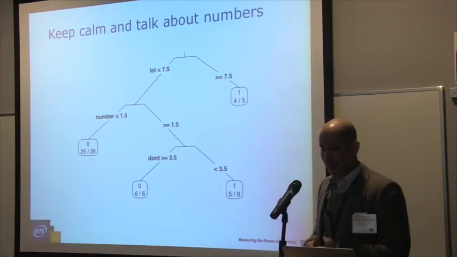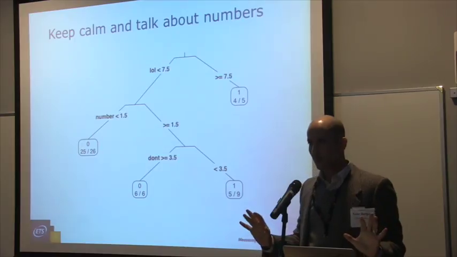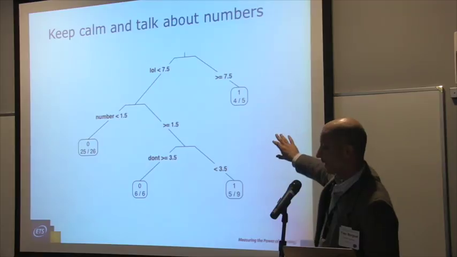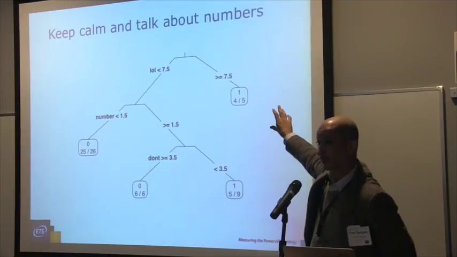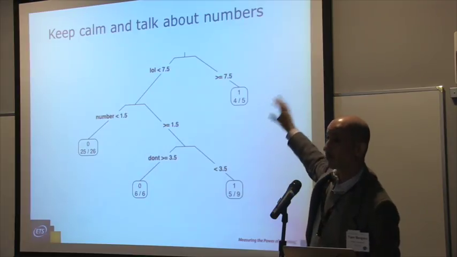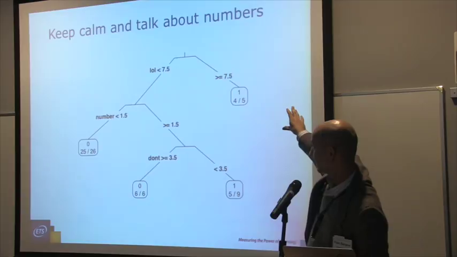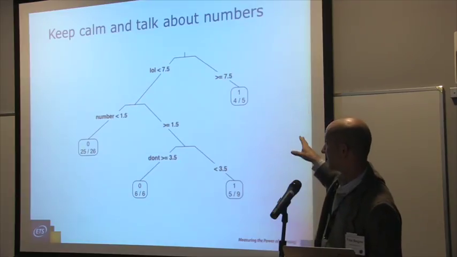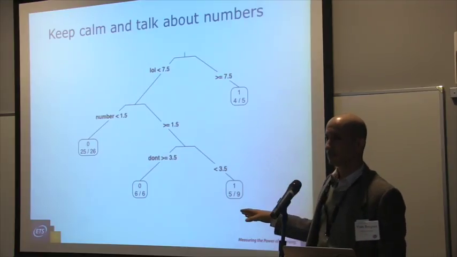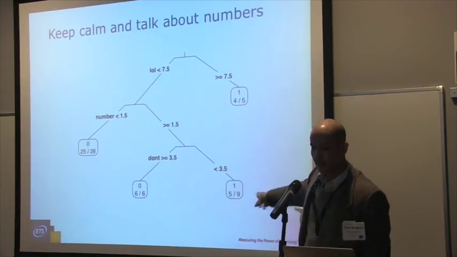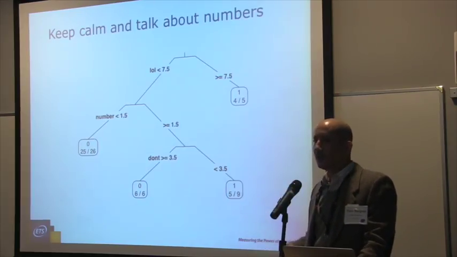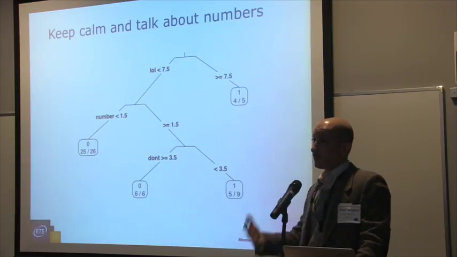If you want to get a little bit better than that, keep calm and mention the word number. So now notice that you had to use lol 8 times, but that's a very selective group. 4 of those pairs were in the positive collaboration group and only 1 false positive. If you didn't use lol at least 8 times though, but you did use the word number twice, and you didn't say "don't" too many times, then 5 positives and 4. So yeah, I'm not taking this very seriously, but I just thought it would be fun to show what we're trying to do now that we're mining this a little bit more.